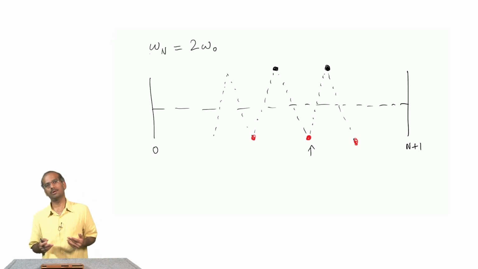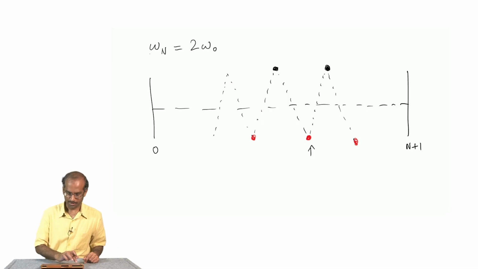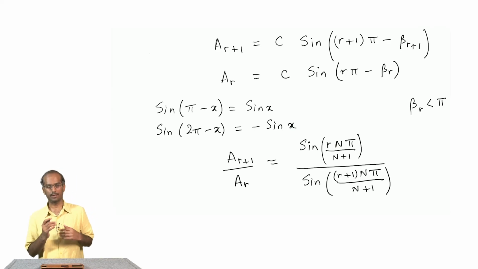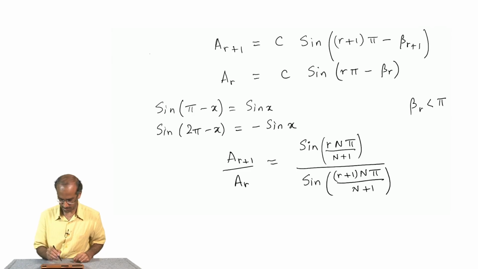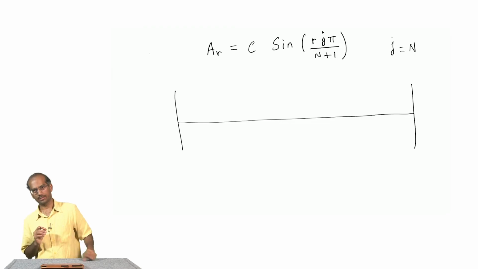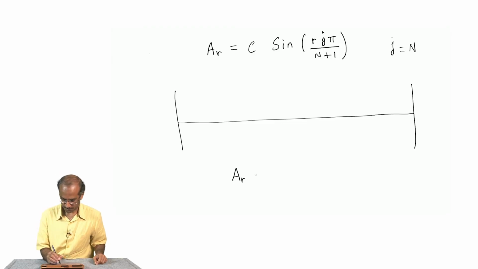With all this information, now we can roughly plot the pattern of oscillation, and we can in general also look at what is the overall profile of these oscillating particles. To do that, we just need to go back to the formula, which is the ratio of the rth and r plus 1th amplitude, which is written down here. Again, in the limit when n is large, I will take n divided by n plus 1 to be equal to 1 approximately. So, I have A r to be approximately c sin r pi,